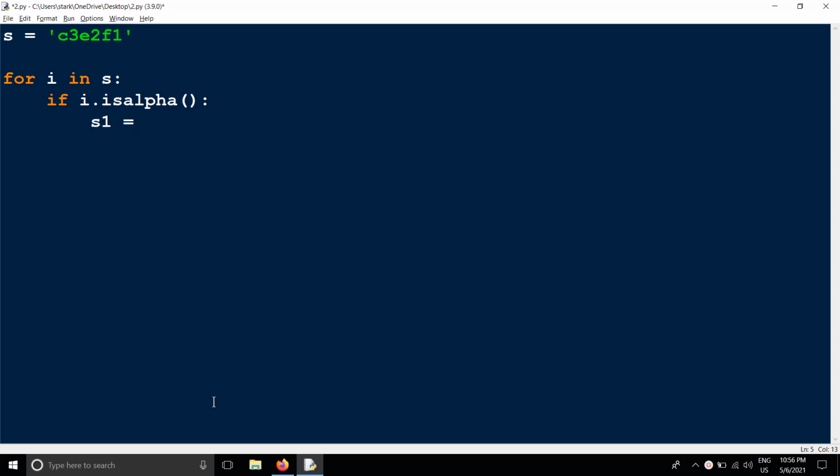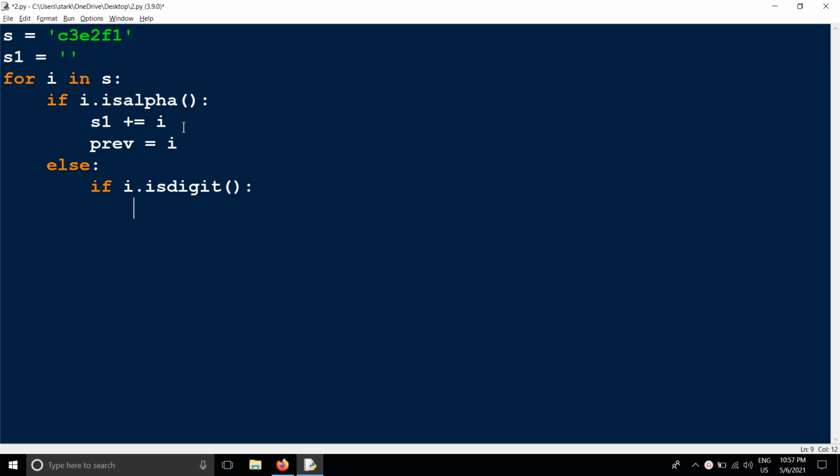S1 is equal to an empty string, I'm taking here, plus I. So now I'm going to take an extra string, S1 is equal to empty quotes. And I'm taking one previous variable here. I'm collecting this one into previous, and else, if it is not alphabetical, again I'm using the is digit method for collecting this.